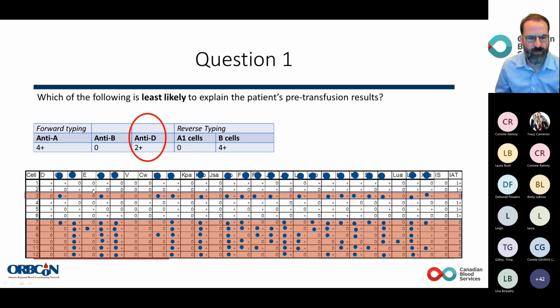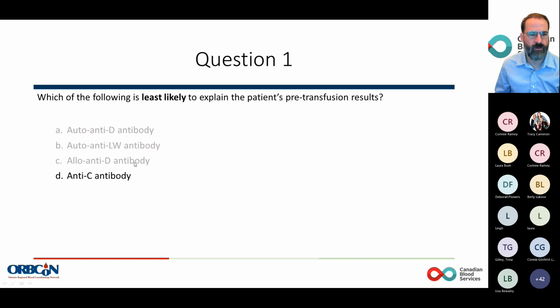And we can't rule out big E just because we haven't tested enough cells. Every time big E is there, D is also there, except for this one here. So we've got 1, but this is a heterozygous cell. So we'd like to see 1 more big E to rule it out, but it really looks like a D specificity. So there's a bit of a disjunction here with the patient being RHD positive, but having made an apparent anti-D antibody. So when we look at the options here, anti-C antibody is the best answer,